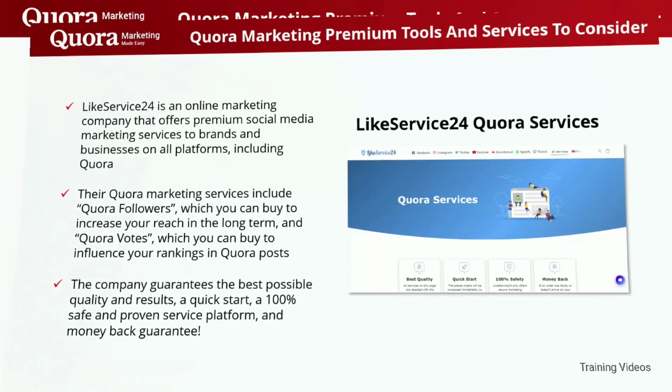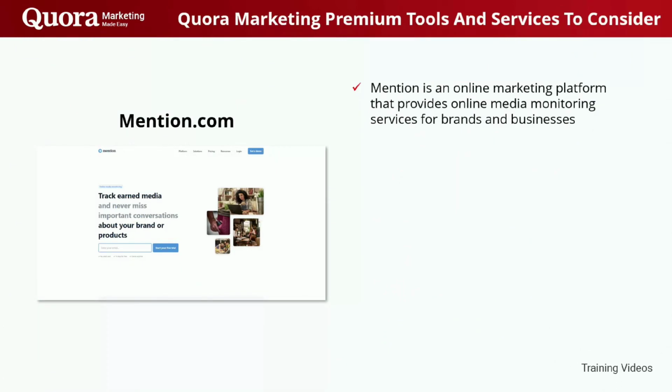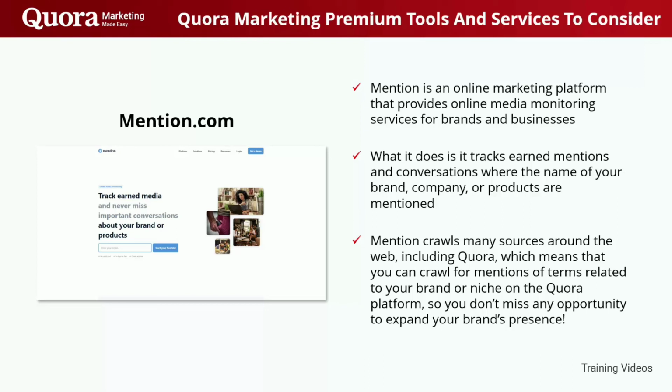Mention.com. Mention is an online marketing platform that provides online media monitoring services for brands and businesses. What it does is it tracks earned mentions and conversations where the name of your brand, company, or products are mentioned. Mention crawls many sources around the web, including Quora, which means that you can crawl for mentions of terms related to your brand or niche on the Quora platform, so you don't miss any opportunity to expand your brand's